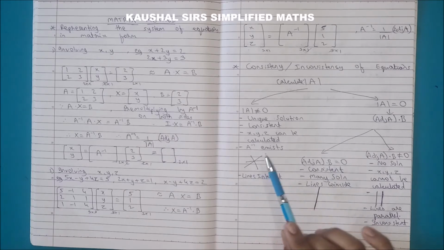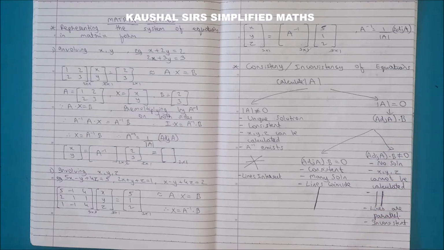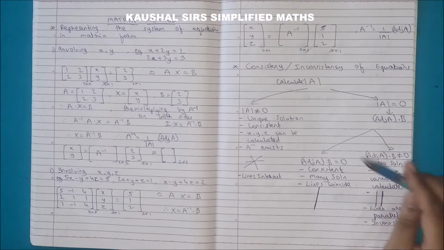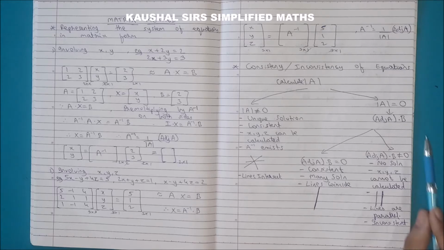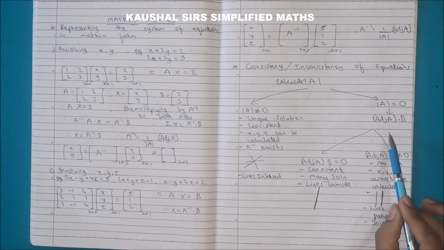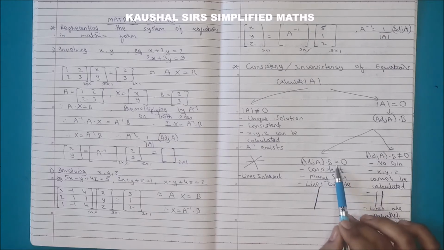Okay, now on the other side, what if the determinant of A comes out to be 0? Okay, if the determinant of A comes out to be 0, there are two possibilities, that a system of equations will have infinitely many solutions or it will have no solution. तो वो कैसे आइडेंटिफाई करेंगे? For that we first need to find adjoint of A into B. Now if we get adjoint of A into B as a zero matrix, okay, अगर वो matrix 0 आता है